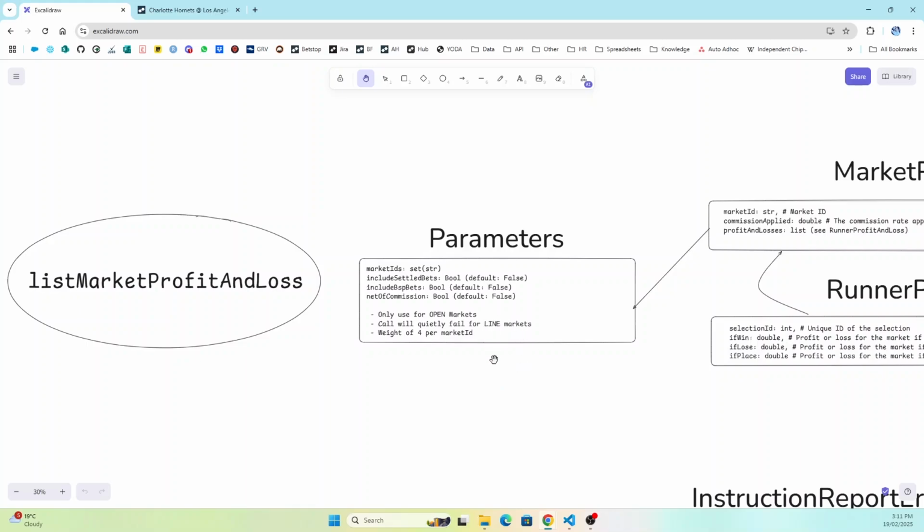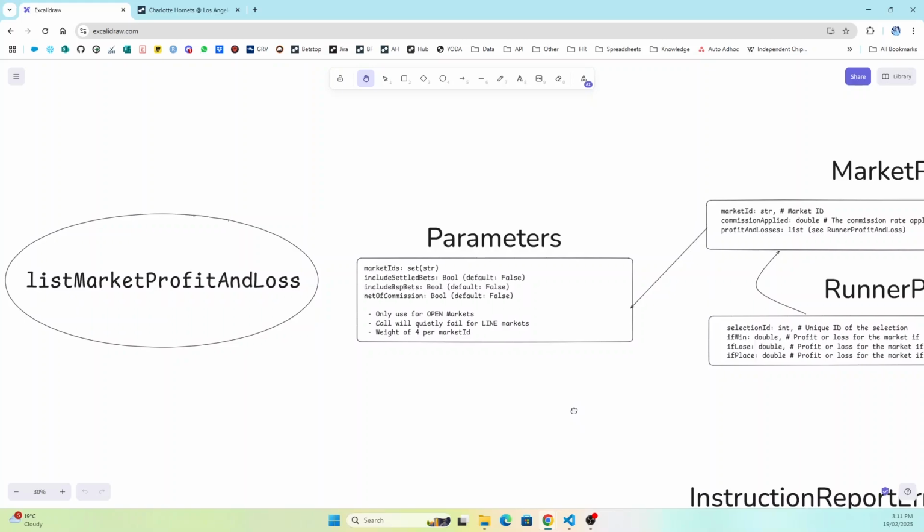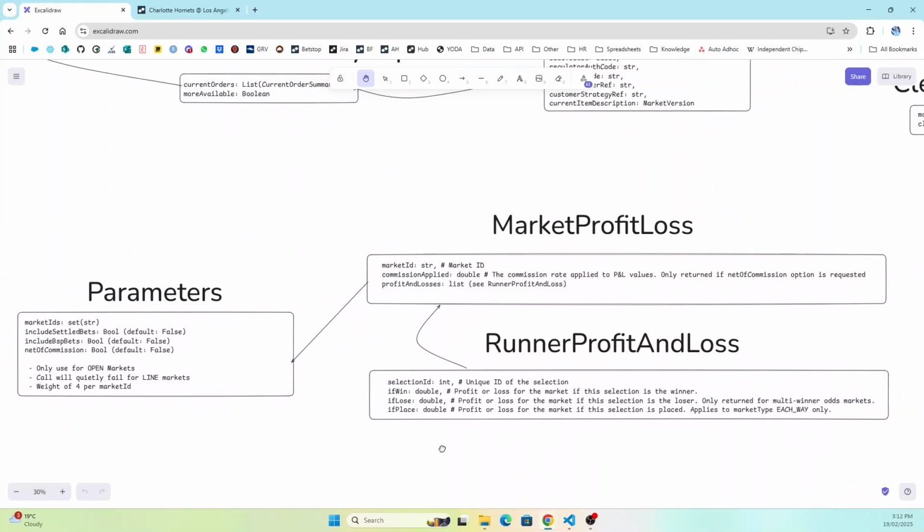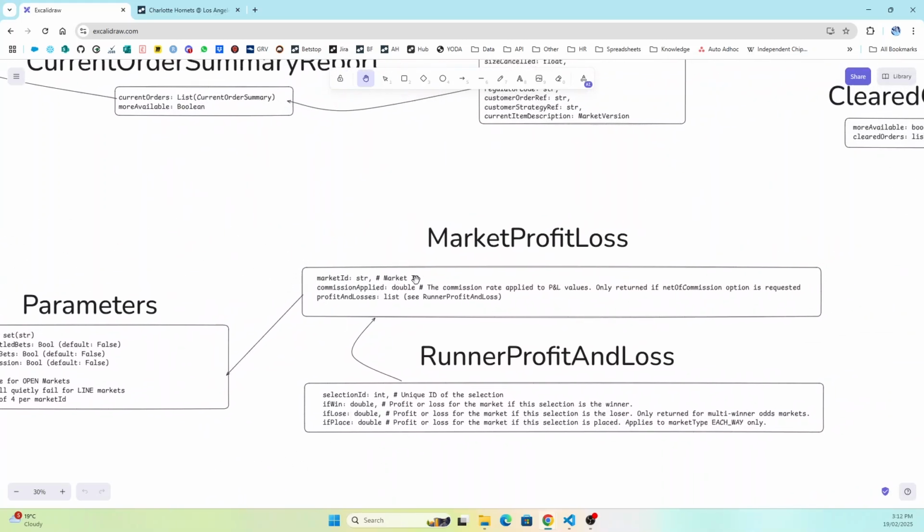This includes your single line and double line markets and has a weight of 4 per market ID. And with the 200 limit, you can only return 50 market IDs at a time. Market profit and loss will return your market ID, commission applied,